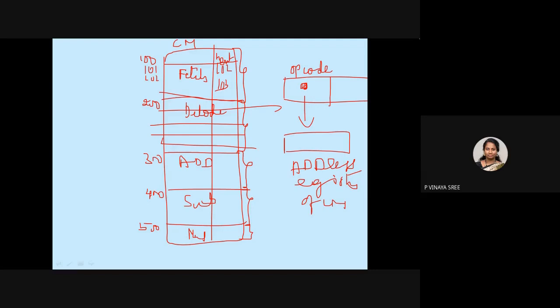Okay. So based on this, if let us suppose it is mentioned as 300, that indicates it is add. Okay. So it goes to this particular add and it executes this instruction.